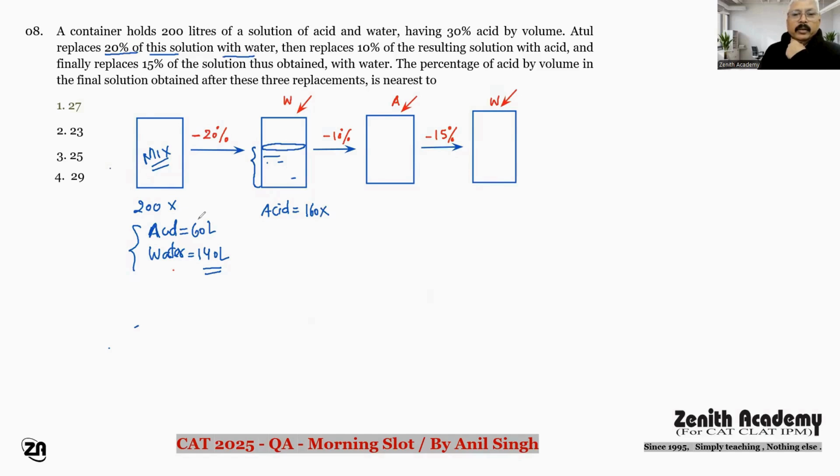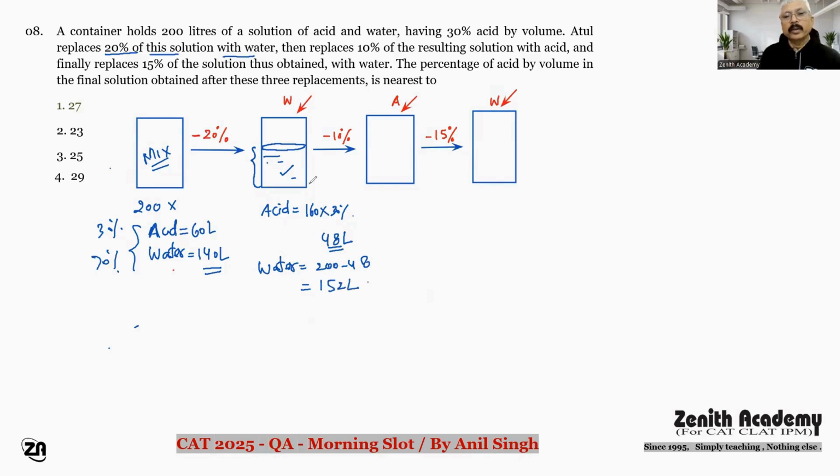बिकॉज यहाँ पर अगर ये 30% था एसिड और ये 70% था, तो जल्दी कैलकुलेशन हो सकता है। 30% मीन्स 48 लीटर। सो एसिड अब इसमें 48 लीटर बचेगा, ठीक है ना। और रेस्ट आफ्टर वाटर, ये जो 48 लीटर एसिड है, ये जहां आपने वाटर से रिप्लेस कर दिया, तो पूरे 200 लीटर में वाटर क्या हो जाएगा, वाटर आप समझ सकते हो 200 माइनस 48, दिस इज इक्वल टू 152 लीटर।